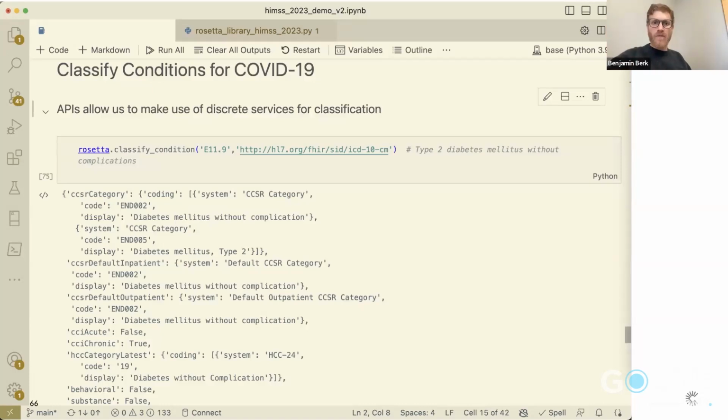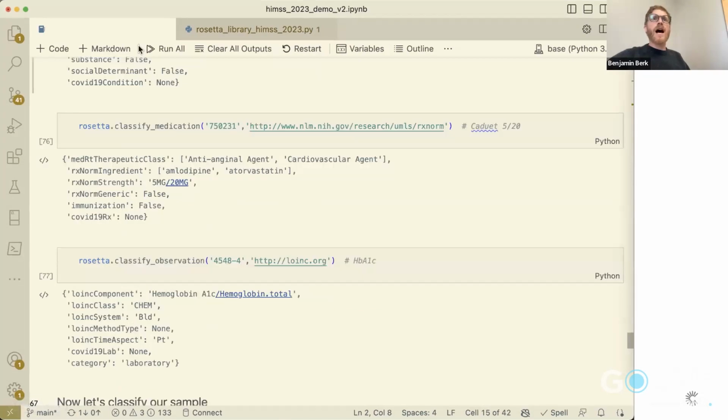That's another set of value sets that AHRQ puts out. It actually gives you the HCC category, which is what CMS uses for risk adjustment for Medicare payments. And it tells you whether it's a behavioral health or a substance-related condition, as well as whether it's a COVID-19 condition. So the one above is not.